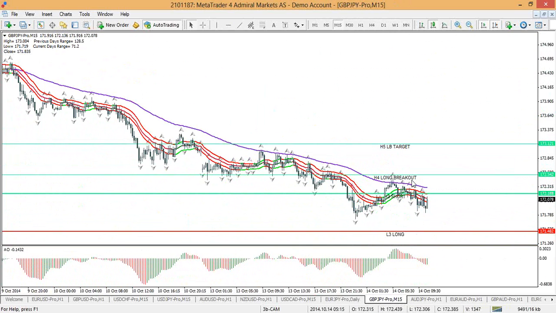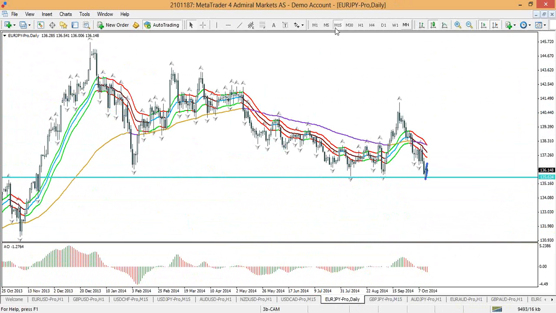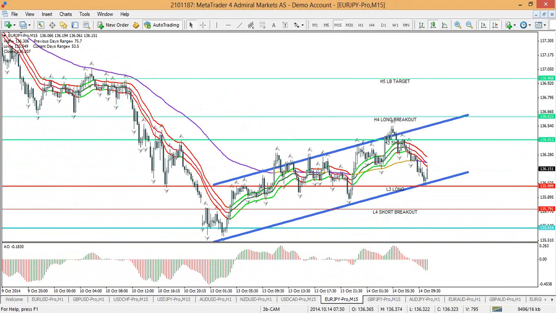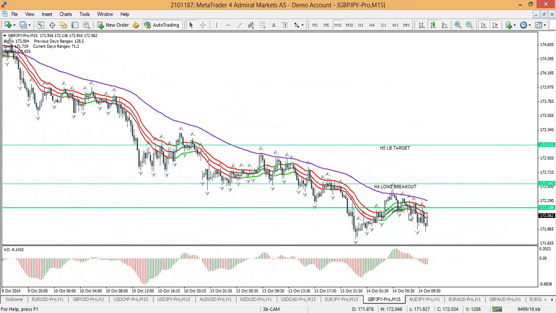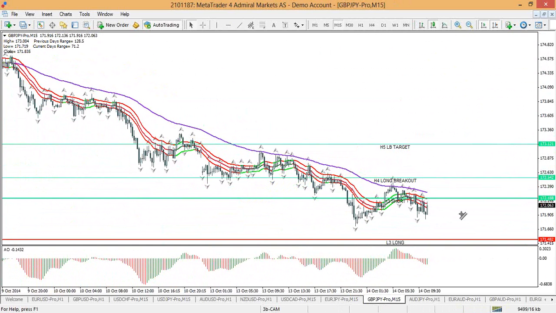Anyone who shorted the H4 here or the Euro yen H4, that's what I did, is doing now pretty okay because that was the turning spot. But whether price will follow through is unknown. I don't know yet. It is in a downtrend channel